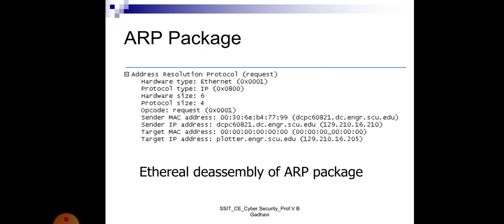The operation code is request, and it uses MAC address and IP address for sender and receiver or target. The Ethereal disassembly of the ARP packet looks like this.